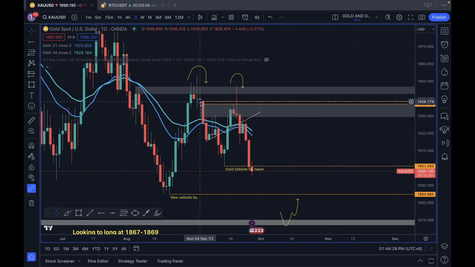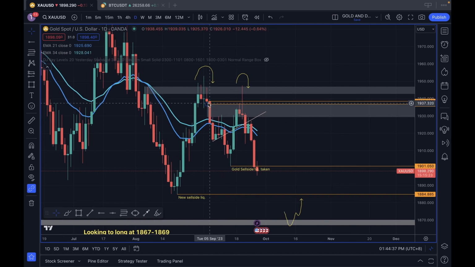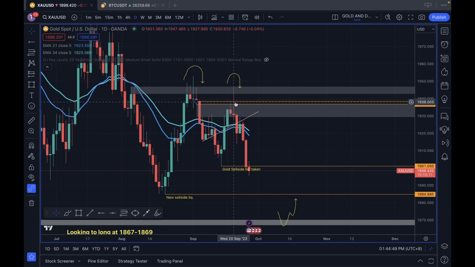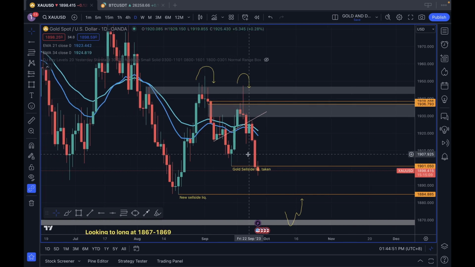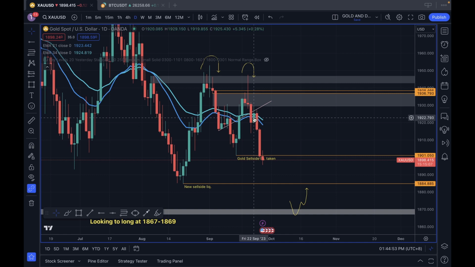So these two yellow lines I added in earlier last week as well, because this was the area where price during the 4th of September and the 5th of September was hovering about before having a huge drop down to the 1900s. So I marked that as an area of interest there as well. But anyway, just zooming into the trade I took on Monday and how I figured out an entry from there,